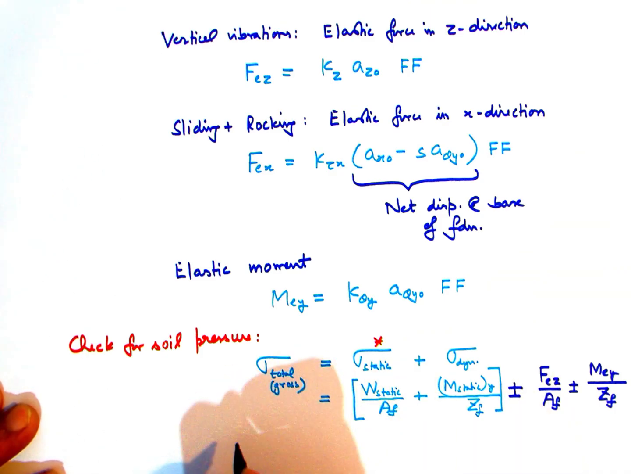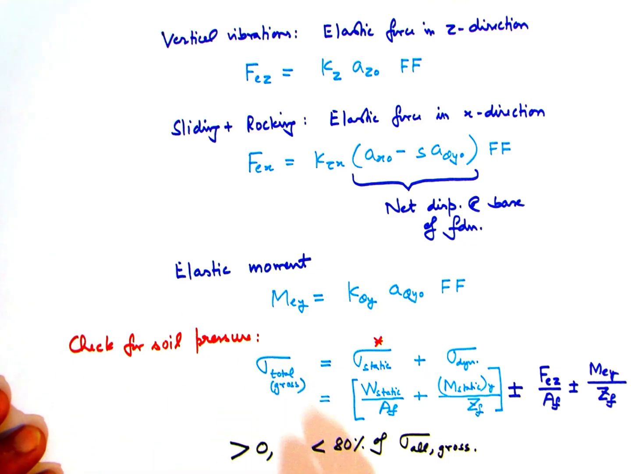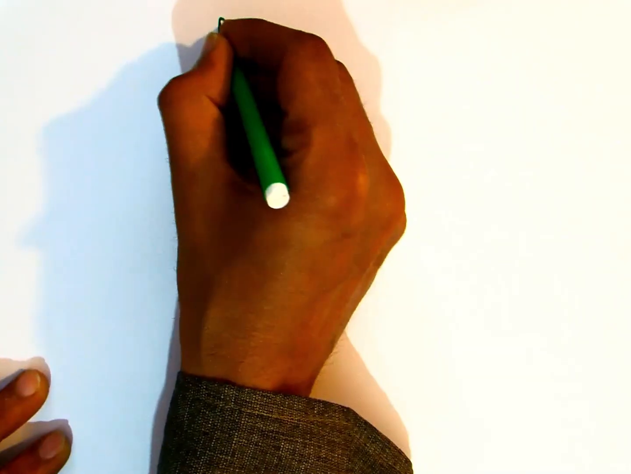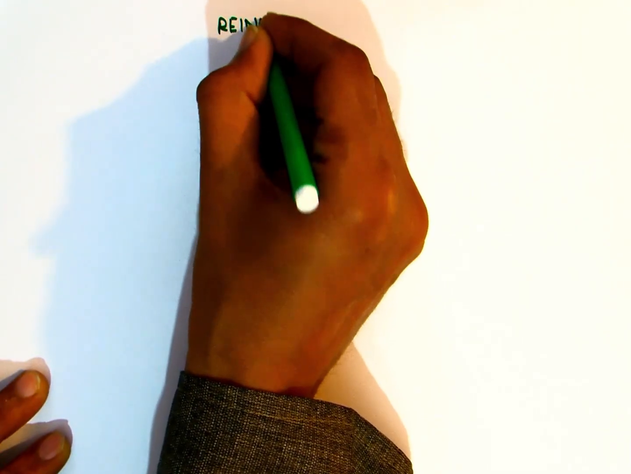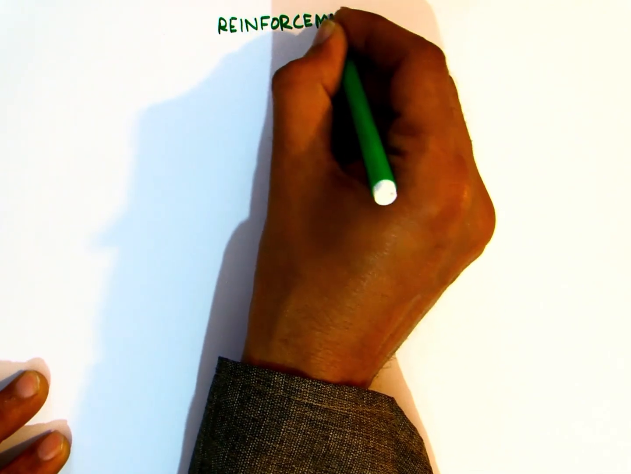Now comes the final check. So we have assumed some sizes of the foundation, and then we have done these calculations. So at the end, the maximum pressure and the minimum pressure should be such that the minimum pressure is greater than 0, that is there is no tension anywhere, and the maximum pressure is within 80% of the allowable gross bearing pressure. Once the calculation part is over, the next component is the preparation of the drawing, and the